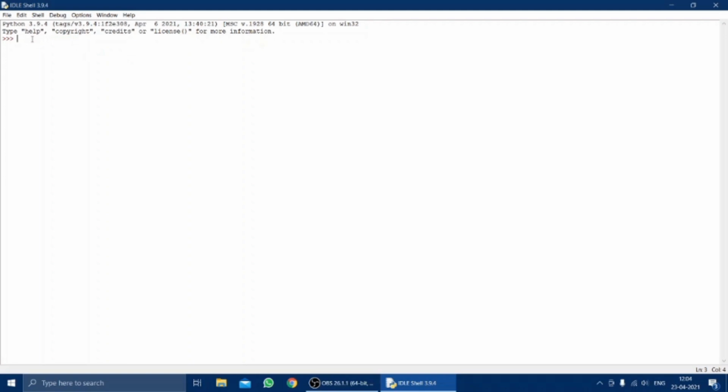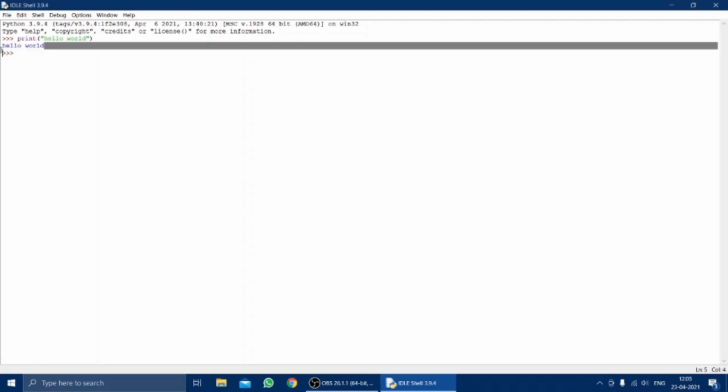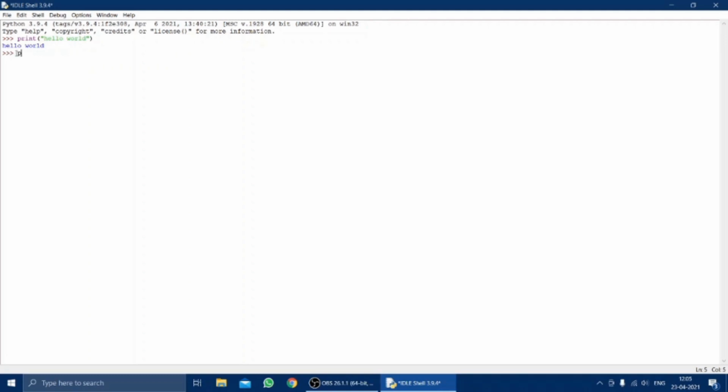IDE is the workspace where we can write and execute programs. So I'm going to write a simple program that prints a statement. So we need not run or compile any program. Just by writing the statement and pressing enter, here it has printed hello world, and I'm going to print another statement.